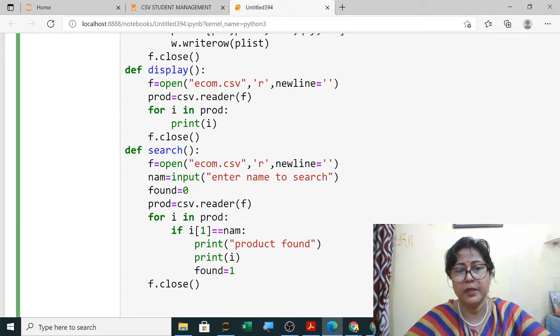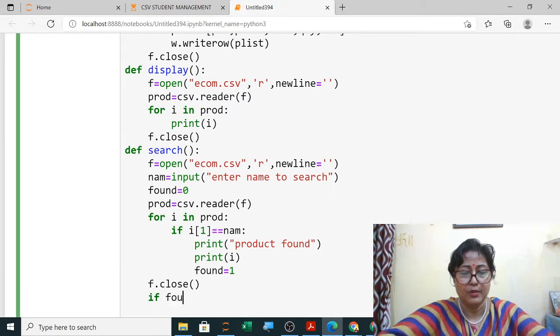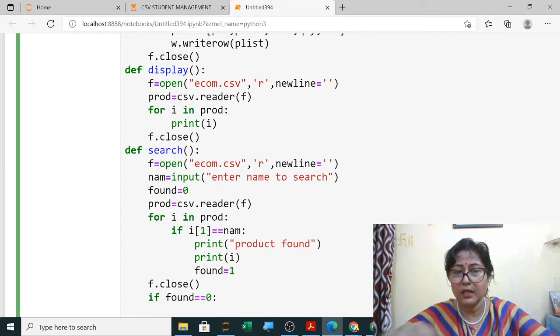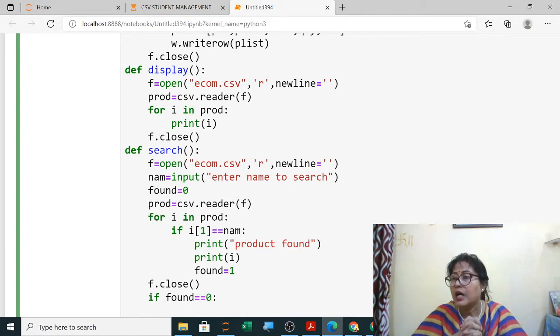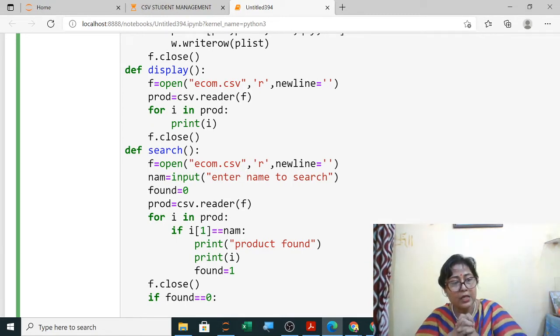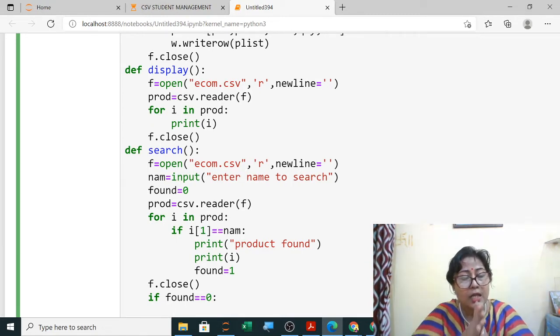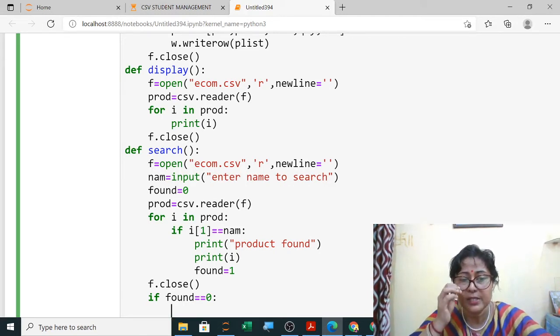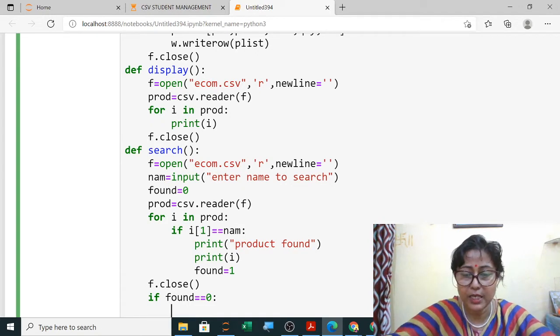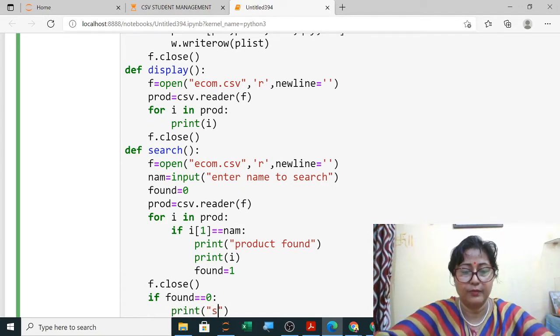Now after coming out, what I have to do, if found equals 0, that means it is not present. The product number or product name which you were searching was not present in the list. Suppose I am searching for some product which is not present in Flipkart or in Amazon, so it will show, sorry, product not found.